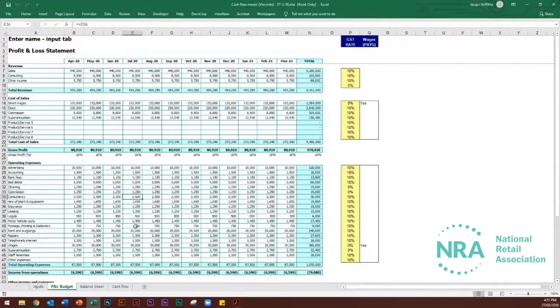The first step to completing this is to complete the profit and loss budget tab. The best starting point for this, I find, is to run your monthly P&L from your management accounting software, so your Xero, your MYOB. Run it for the last 12 months. It's clearly not an indication of what's going to be going forward, but it gives a good understanding of what